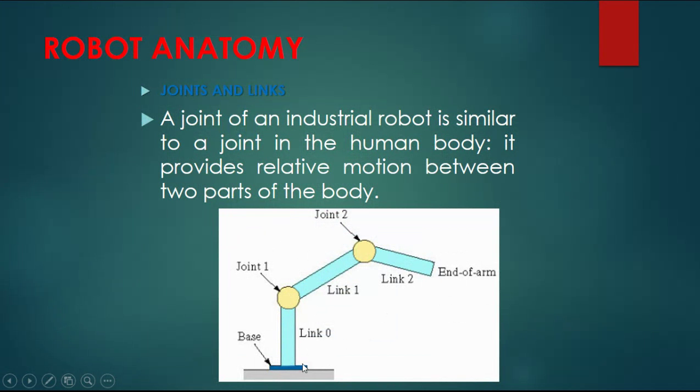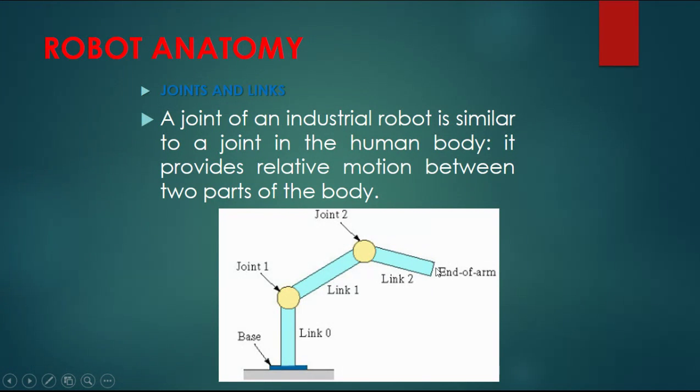You can see here it is fixed with the base, and it is a type of link. This is link 0, which is grounded, and joint number 1, link 1 is joined to joint number 2, link 2 is joined, and you can see the end arm, which exactly does the operation, is free to move.